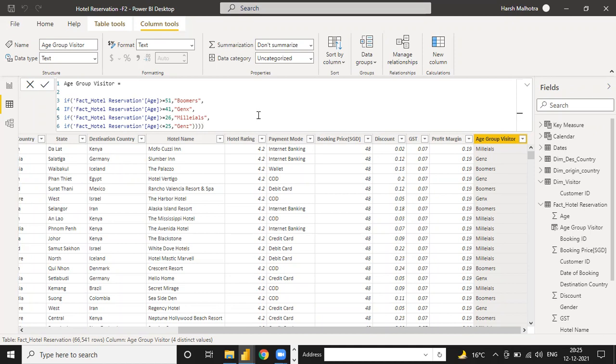Tell me, anyone? Saloni, Piru, Abhishek, anyone? Is this condition correct or not? Because if we take this condition into Excel, it does not work. It works only here in Power BI. Because see, if I write here greater than or equal to 51, then it's boomers. But if I write here greater than or equal to 41, it means this value is also included here. So why is it taking it as gens? It is also taking it as gens and boomers. Right or wrong?